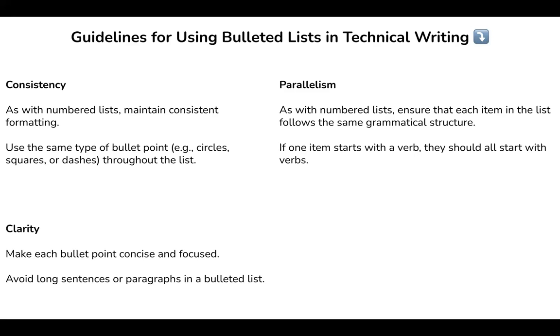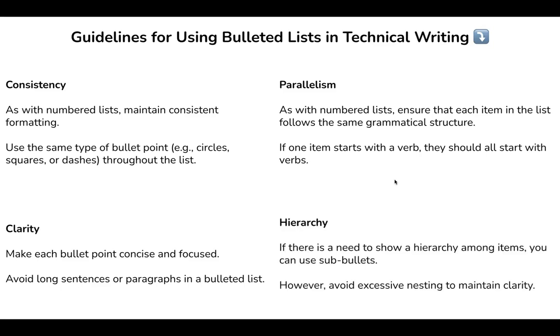So you should avoid long sentences or paragraphs in the bulleted list. A rule of thumb that I use is keep list items, numbered or bulleted, as single paragraphs. They should always be one paragraph. So multiple paragraph list items are usually frowned upon in most of the style guides I've used. So yeah, you should avoid long sentences or paragraphs in a bulleted list, as well as numbered lists too, sometimes. So hierarchy,